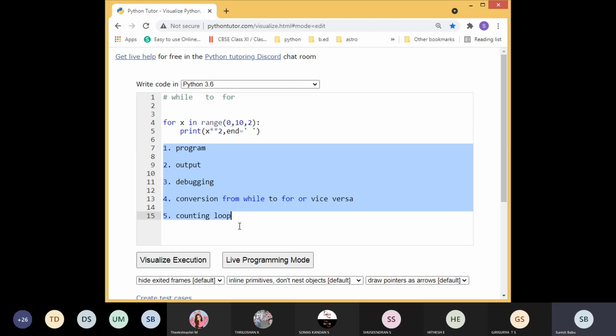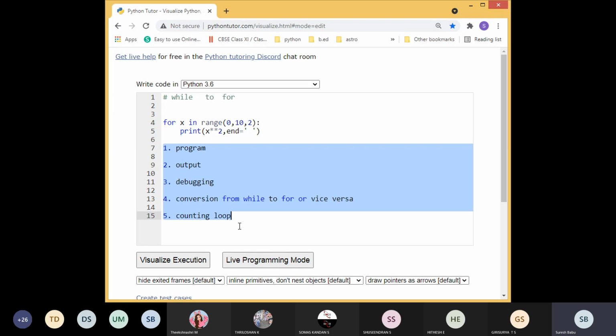Conversion from while to for is the same thing we did now. Whenever you see for programs, kindly implement them in while also; then only you will get practice.